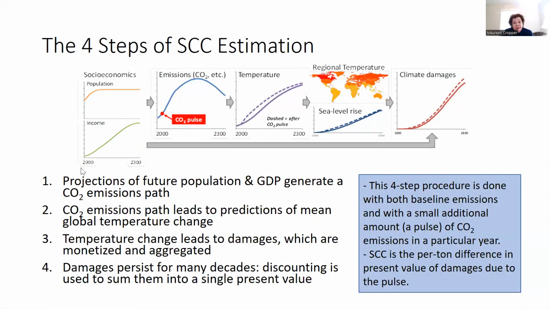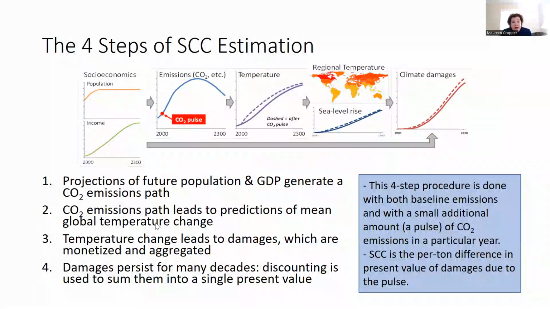This requires projecting per capita income by country, ideally, population also by country, emissions of greenhouse gases over this time period, because the damage of today's ton depends on how much is going to be emitted in the future. So that's difficult. It has been done, can be done using expert elicitation, and for things like GDP per capita and even population, econometric methods.